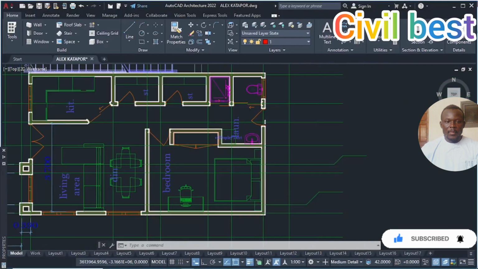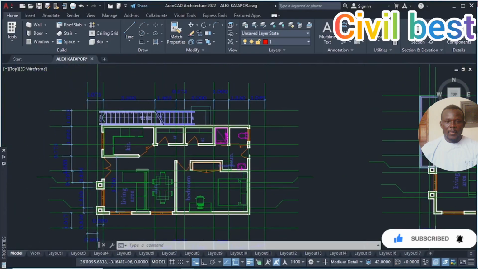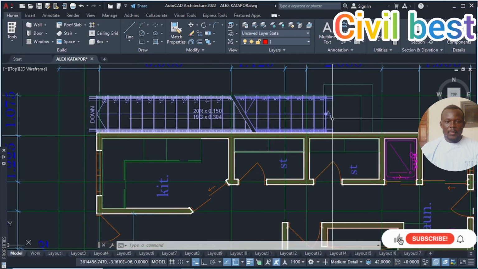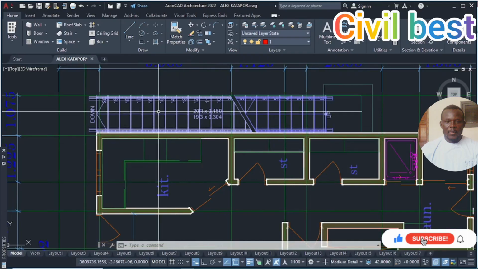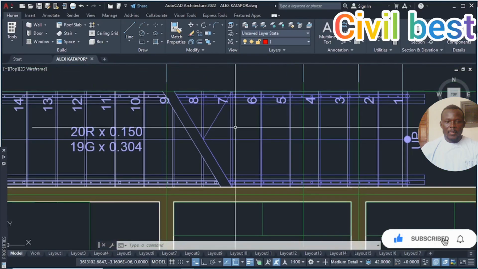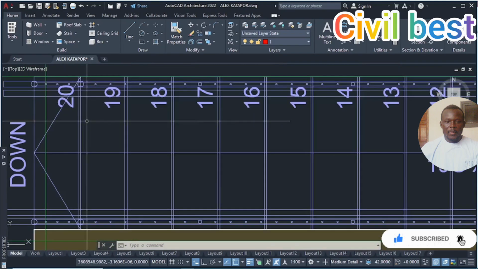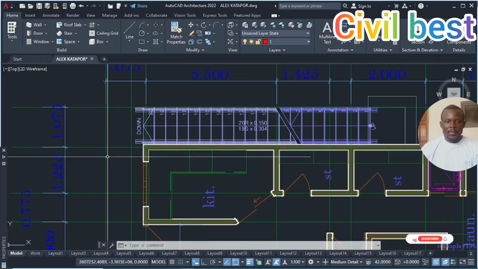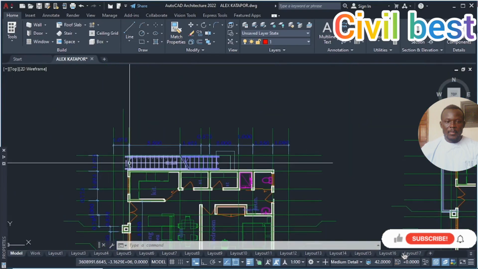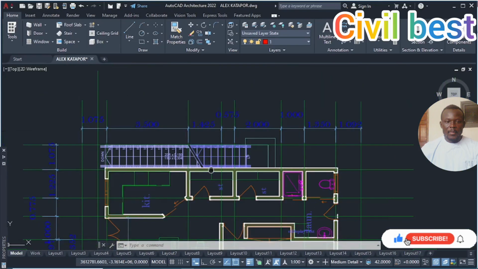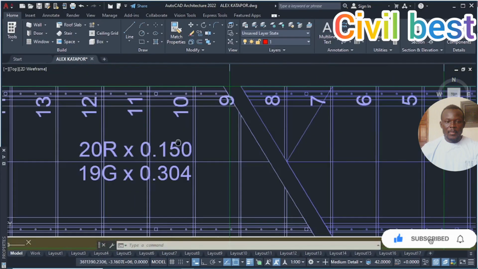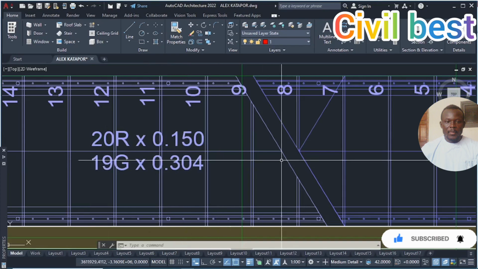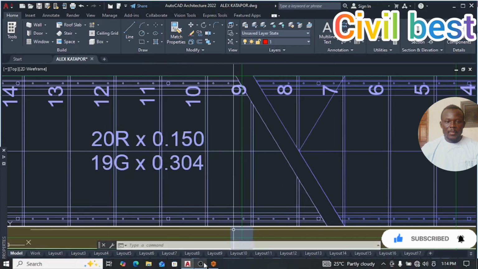Before that, this is our reference drawing. We have our staircase in AutoCAD, and you can see it's a straight flight from the bottom all the way to the top. It has no landing, it goes straight. First we have to look at the width of our staircase, which is 1 meter. Then you can see the number of steps we have. We have 20 rises at 150 mm, then we have 19 going at